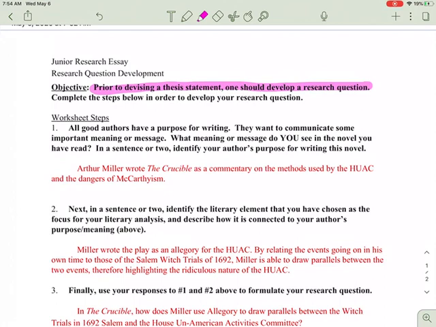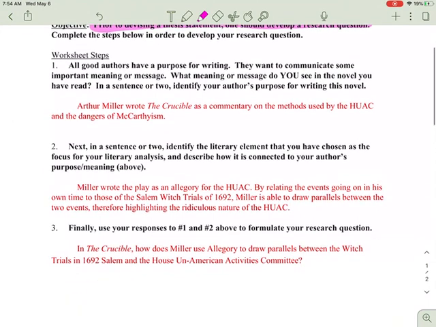You're going to complete these steps on a Google Doc, submitted to the posting on Google Classroom. There are 3 steps here. I completed this in the red, that's my portion there, as if I were writing a paper on The Crucible. So you can go ahead on your copy that I gave to you, delete my answers and put in your own. So, let's look at number 1.